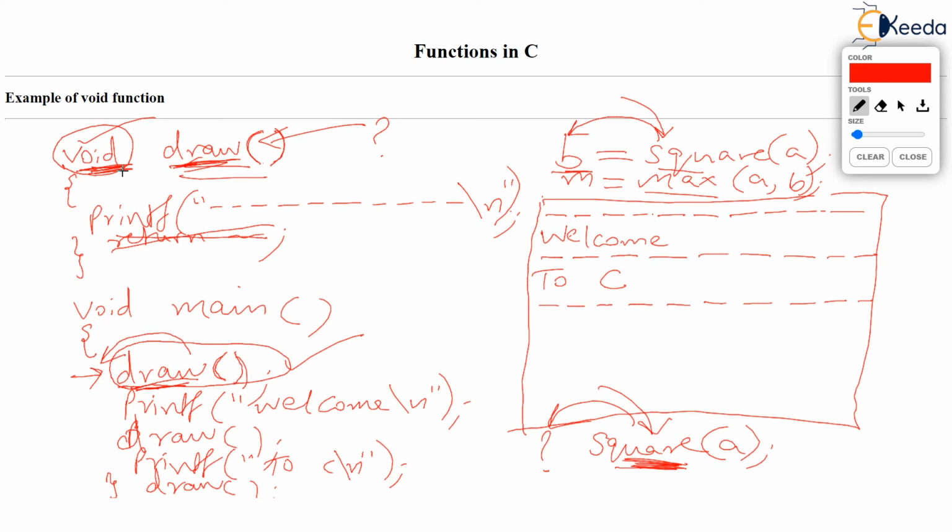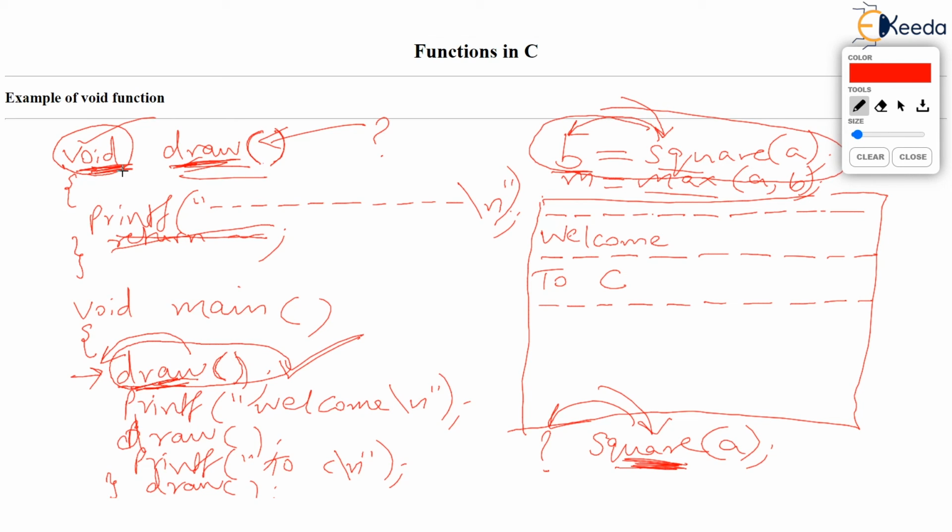Whenever you see any function call without any variable waiting on the left hand side, you simply understand that it is a void function. And whenever you see any function call with some variable waiting on the left hand side to store some answer, you better understand that it is a non-void function.